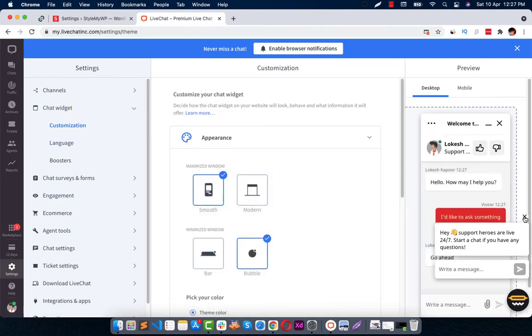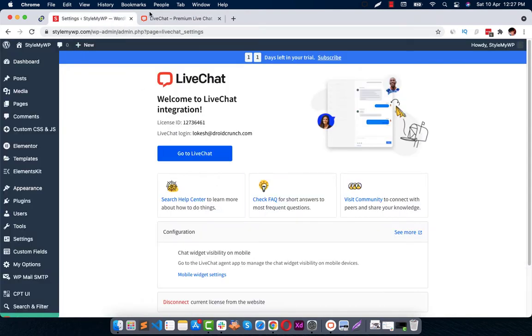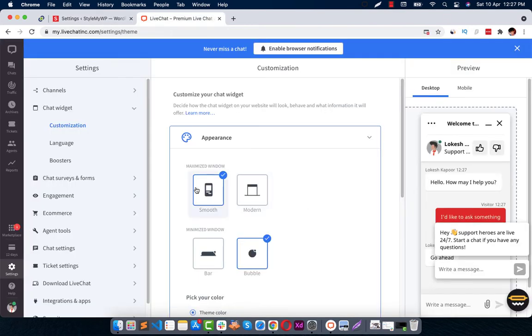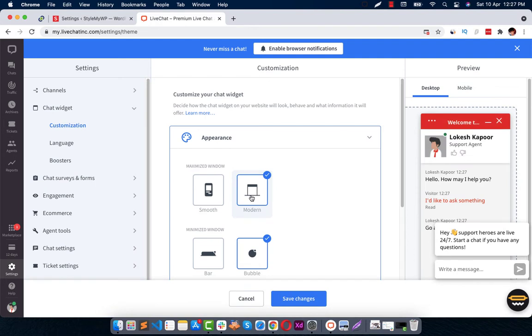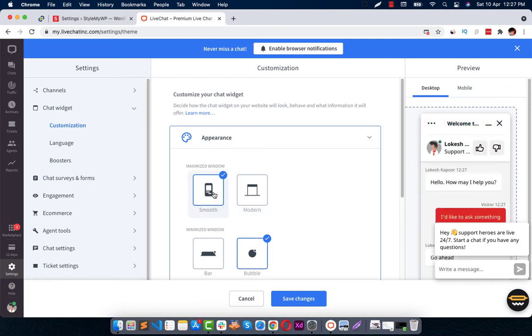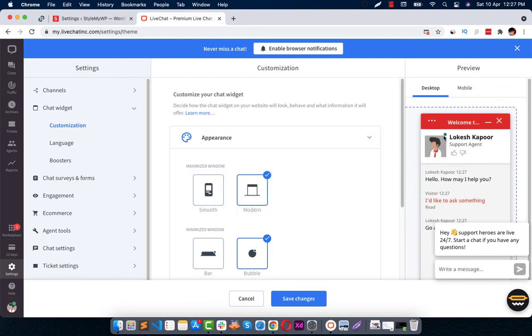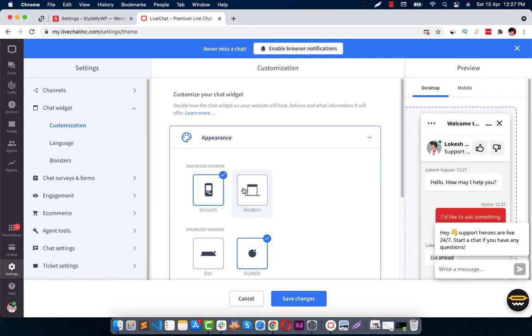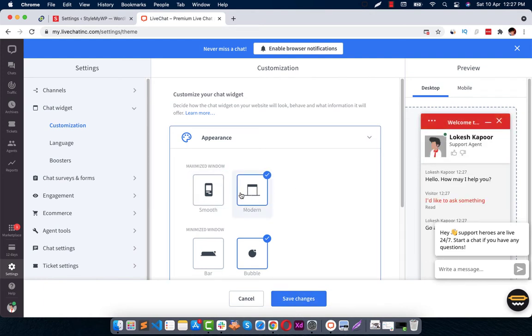I have already customized it. My website is in red color, so I'm using red color like this. So for the maximize window, it can be this one, maybe this one. In the preview you can see all the changes in real time, and when you hit save changes it will be saved. I can probably go with any of these.